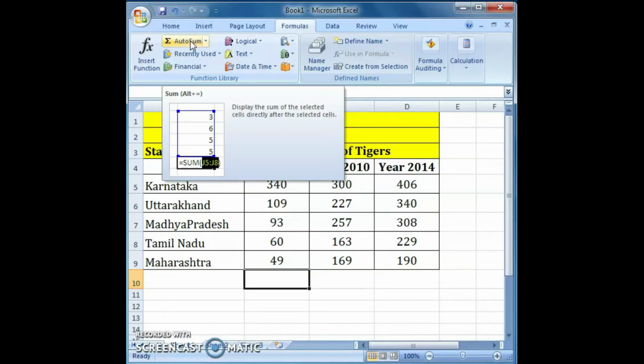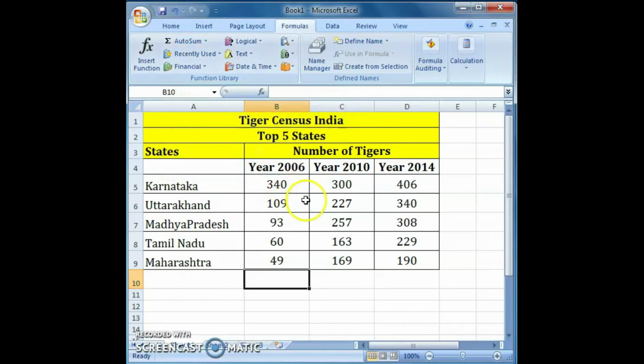For that, first take an example of a spreadsheet containing a tiger census report displaying year-wise tiger count in the top 5 states of India. Now, to calculate the total number of tigers in the year 2006, select the cell B10.